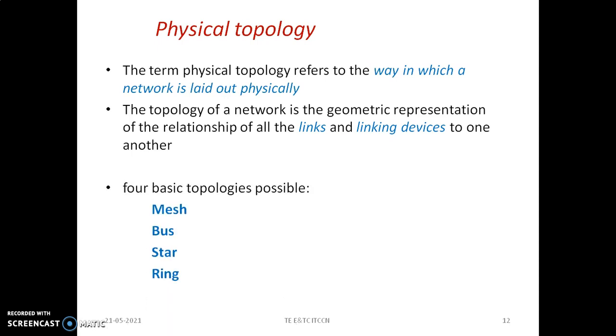Based upon the structure, there are basically four topologies possible: mesh topology, bus topology, star topology, ring topology. And in order to combine the benefits of any two or more topologies together, we can also design a hybrid topology configuration that we'll be seeing ahead. Now in this session, we'll go through each and every topology in detail. Details like what are the important characteristics of that particular topology, what are the advantages and disadvantages, and at least one application of each.